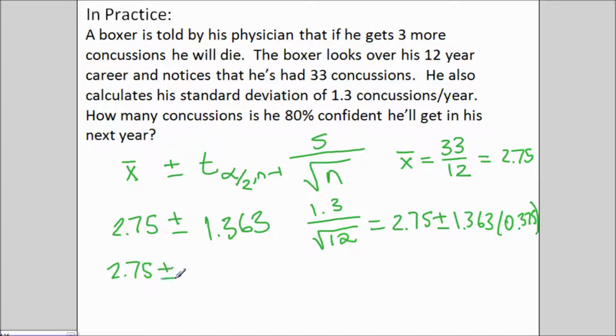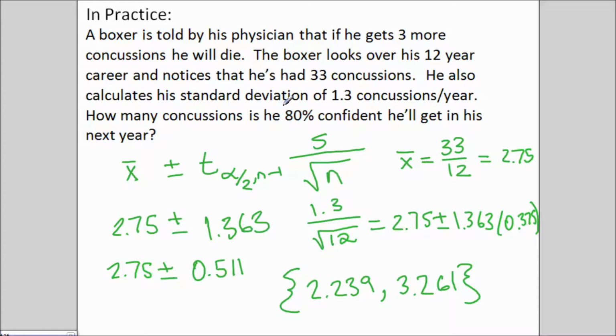Plus minus 1.363 times 0.375 will round to about 0.511. So that means 2.75 minus 0.511 is 2.239, and plus 0.511 is 3.261. So this boxer can be 80% confident he will have between 2.239 concussions and 3.261 concussions in